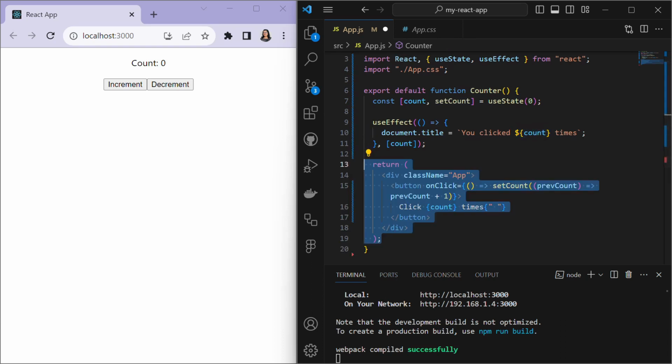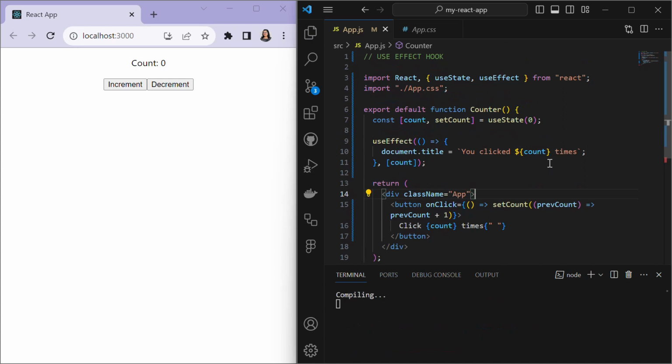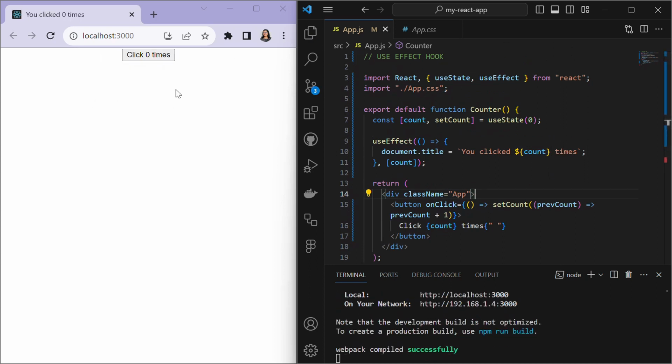Then in the return statement, we have a div with the class name app and a button element, okay? When the button is clicked, the onClick event handler is triggered and it calls the setCount to increment the count state by 1, okay? So now let's save this file,